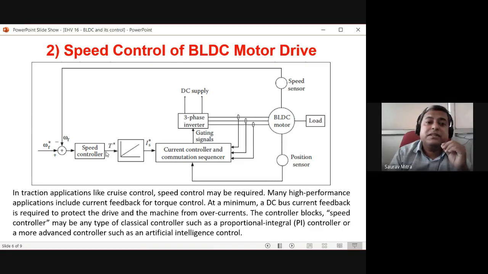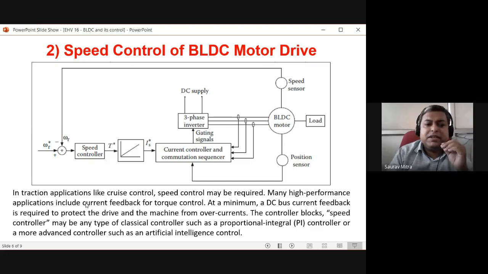But in this case, whenever speed has to be increased, it's an automatic kind of system. In that case, there is a speed sensor. Everything is the same, the speed sensor is the only different thing here. So ωr is the rotational speed, the present angular velocity. First ωr goes to the speed controller, it is converted to torque, and torque to current. So speed is also demanded in the form of current only. The remaining things are the same. This is feedback 1, this is feedback 2, and here there is a feedback 3, which is nothing but the speed sensor.